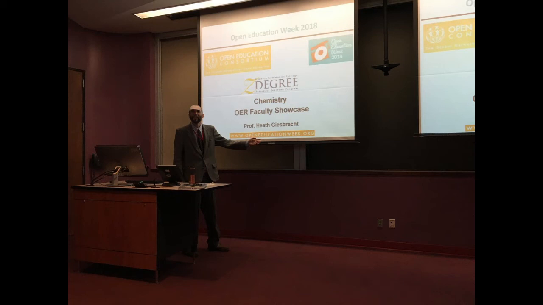So here's the 1305 course shell. You can see it looks like any normal course shell with the Z degree insignia. But what I really pride myself in is the modules tab, which is the table of contents of all these shells. We can scroll down to, say, module 6 of 1305. We're learning about molecular and ionic compounds and chemical nomenclature. If we click on one of these, 6.1, we'll call it.